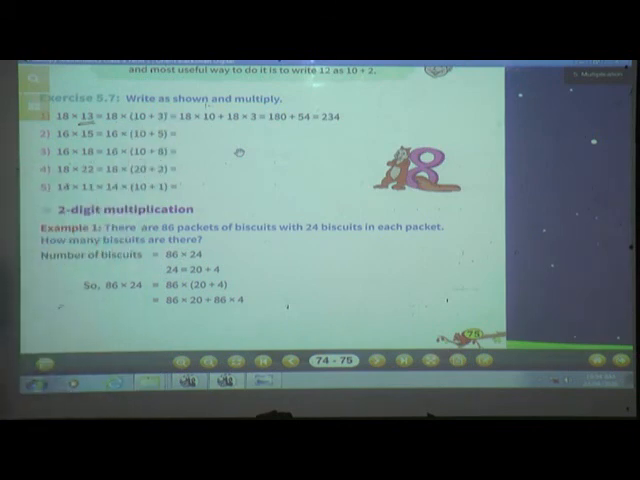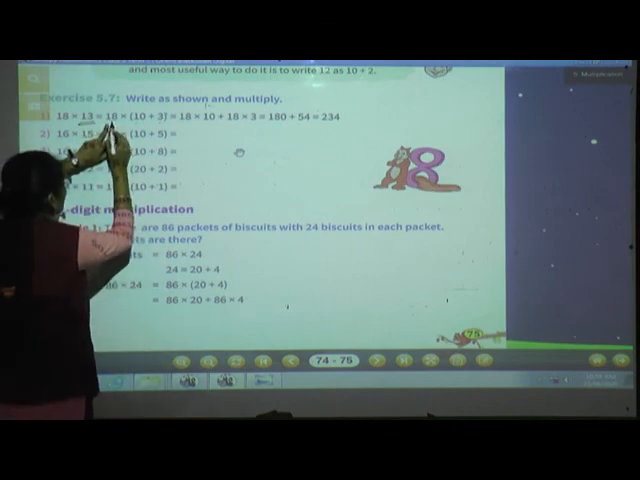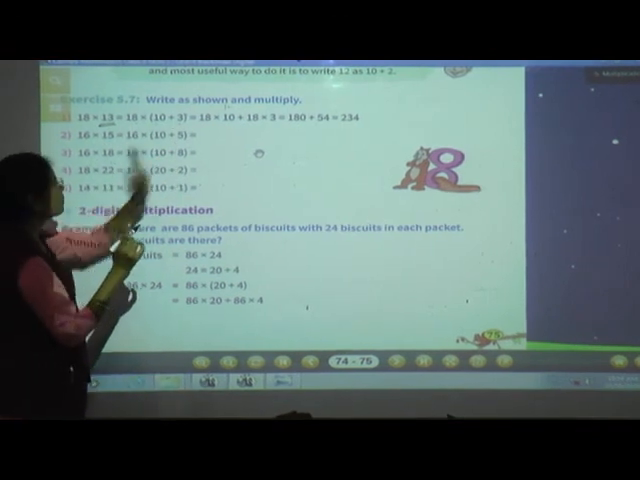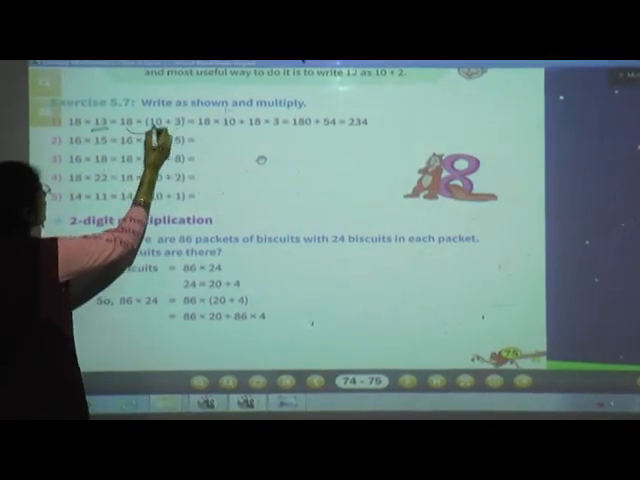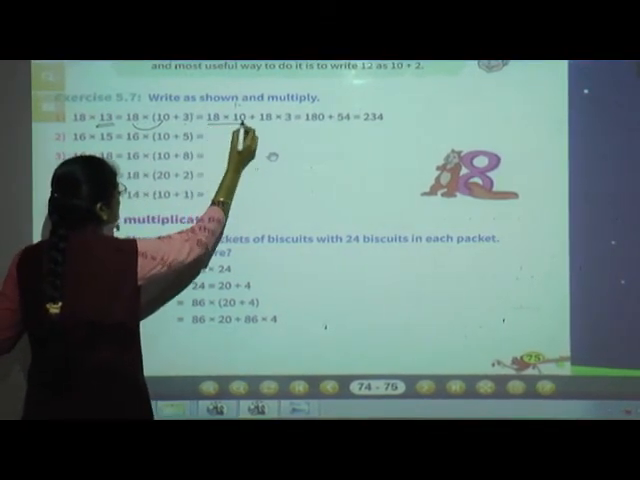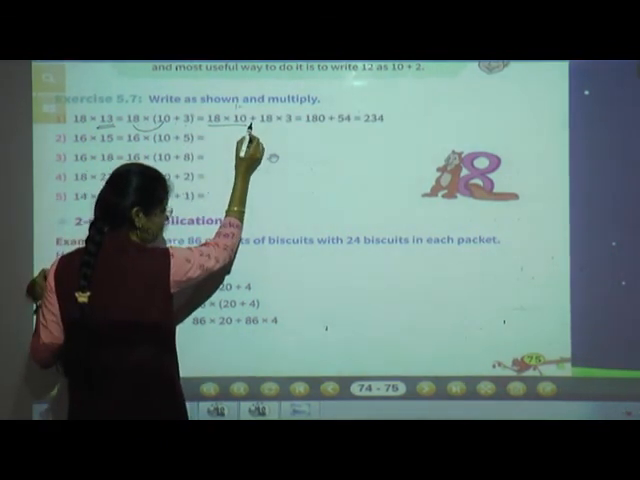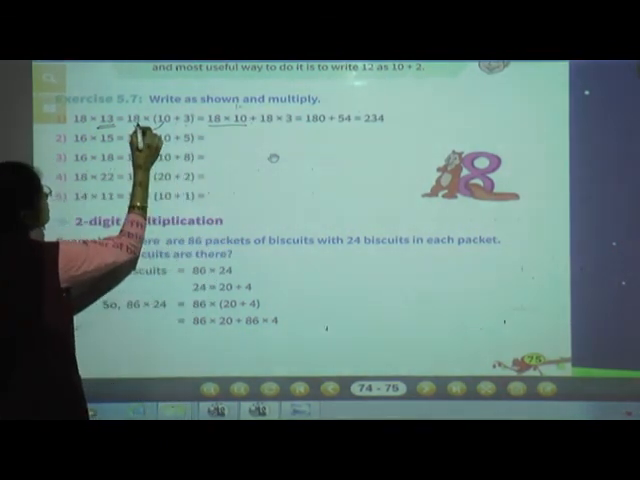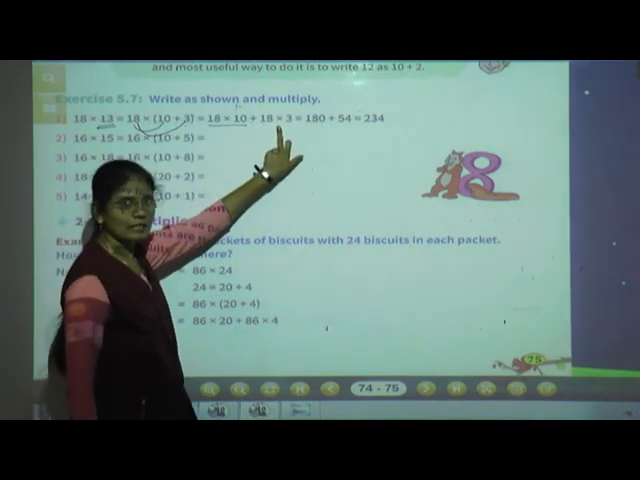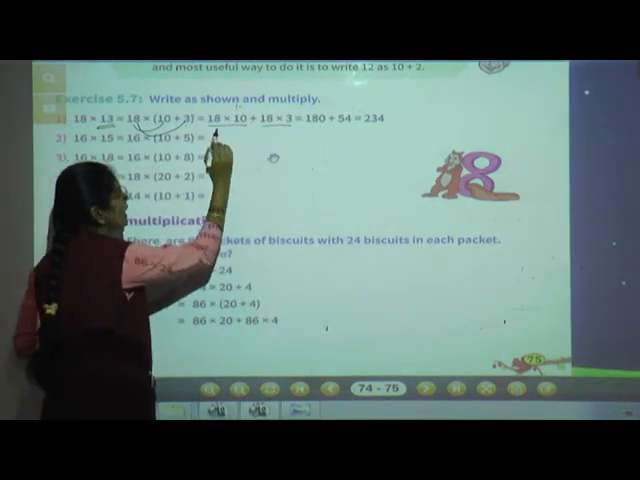Now in the next step what will we do? We will multiply 18 by each number which is in the bracket. So first of all, 18 into 10. Then there is an addition plus sign, so we will give the plus sign. Then afterwards again 18 into 3 we will do. Is equal to, now 18 tens are